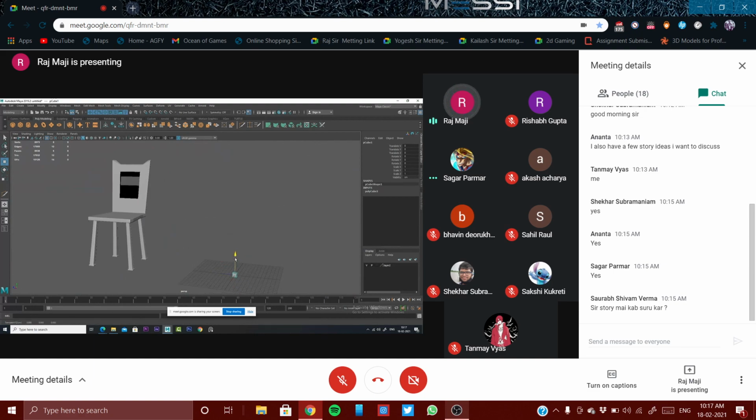Okay, let's do one thing. I will make the same chair over here, and check how much it is simplified. Some of you have missed that time. So just check, because when in a company we're going for a modeling test, they will give something very simplified, and they will check how you deal with that object.